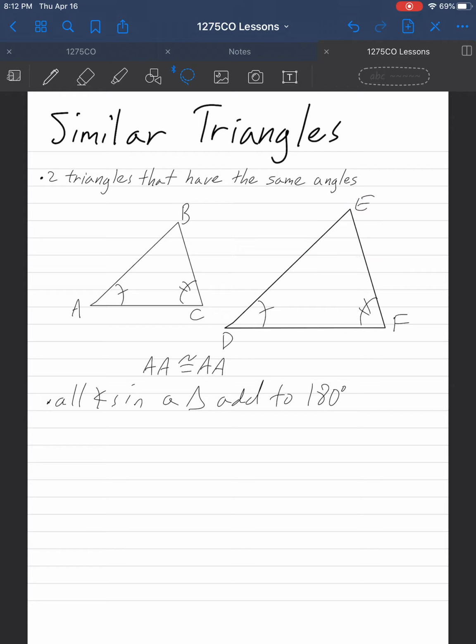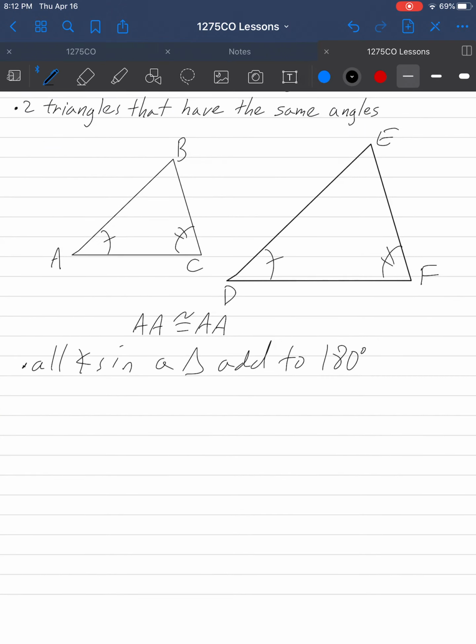So we're going to use congruent markings like A with an arc and a slash, and D with an arc and a slash to show that A and D are the same value. A and D are congruent angles. Angle C and angle F in this example are also the same measure. So since we know that